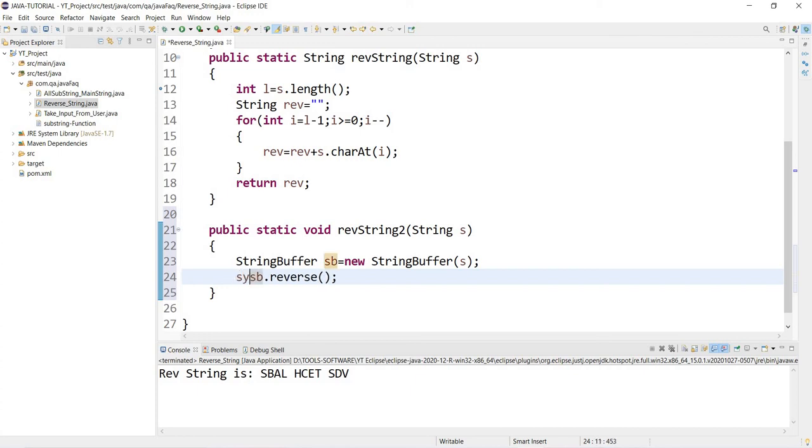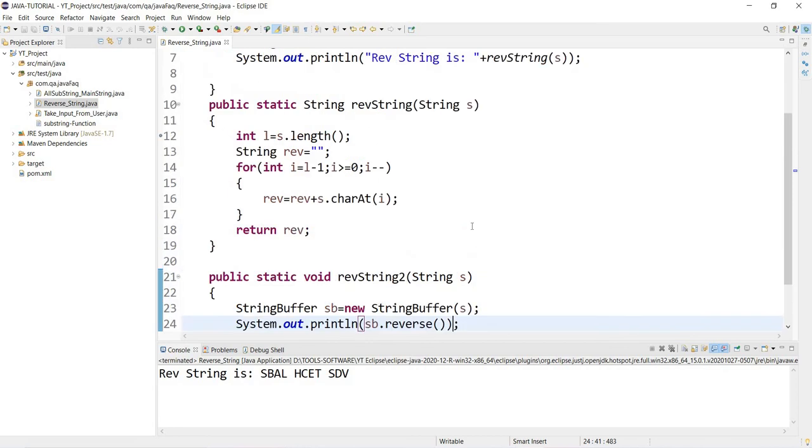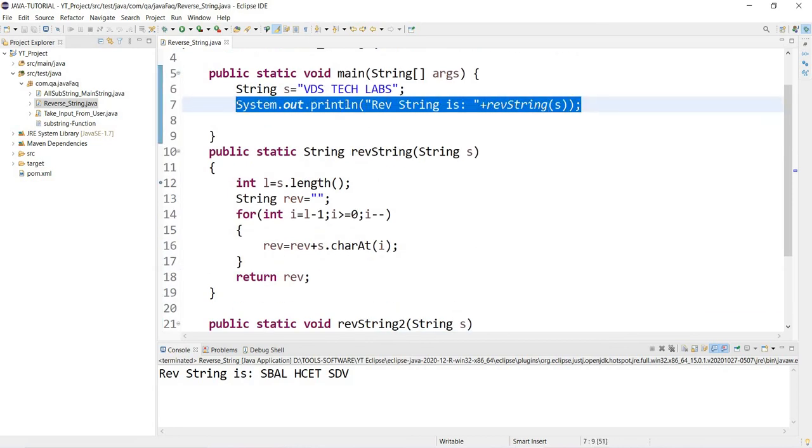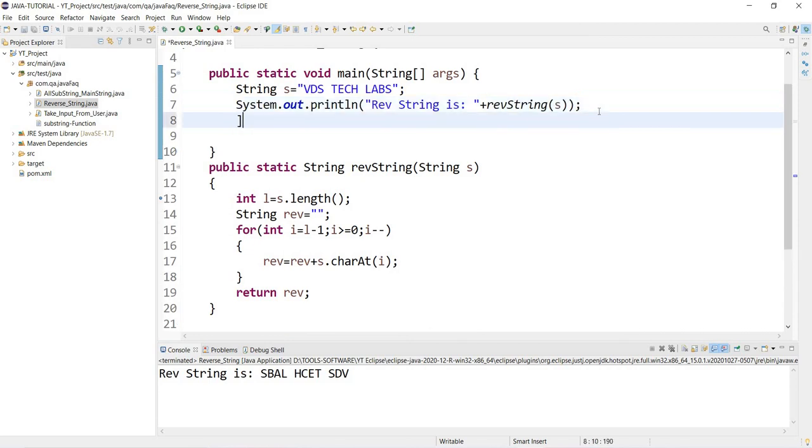Okay, and now here I'll print this one. Now save this one, and instead of this one I'll use reverse string by sb, StringBuffer.